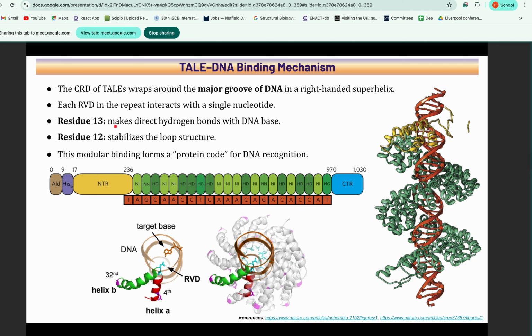So in that case, residue 13 is making the hydrogen bond with the base of DNA. DNA base here means the nitrogenous base, such as adenine, guanine. With them, it will make a hydrogen bond, and residue 12 is important to stabilize that structure. As you can see, it is looped around the major groove of the DNA. This loop-like structure is stabilized by residue 12, and 13 is responsible for the